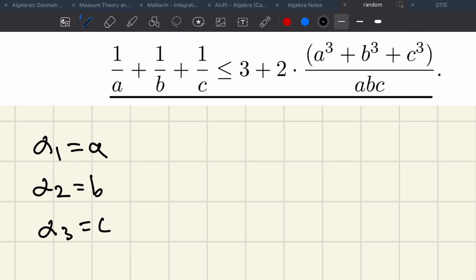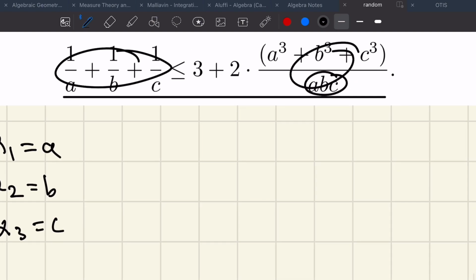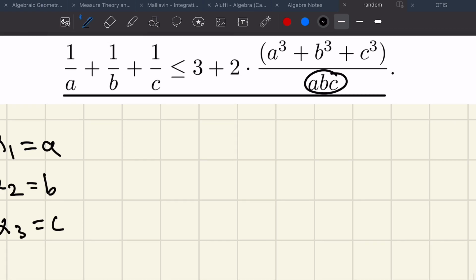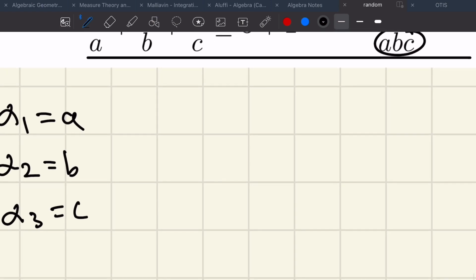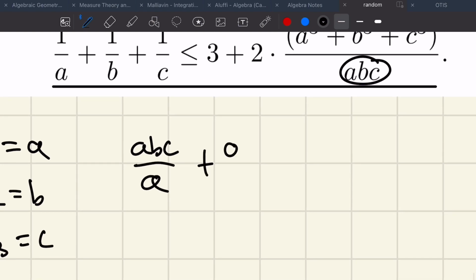So we see that we should probably multiply by abc to make all of these non-fraction terms. So multiplying by abc, we get abc over a plus abc over b plus abc over c